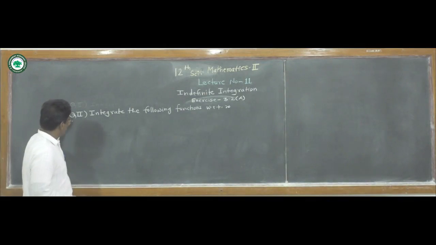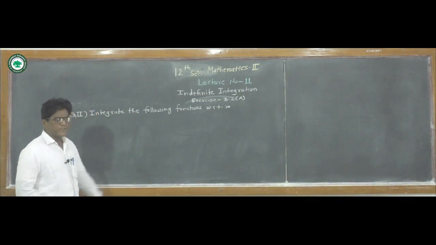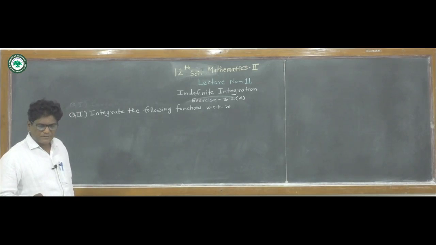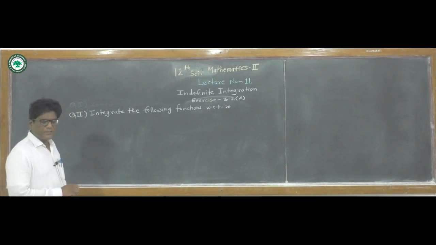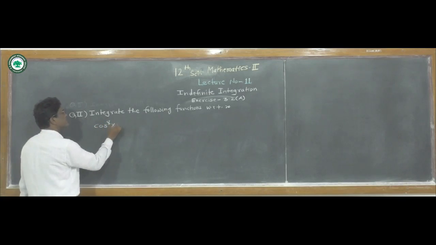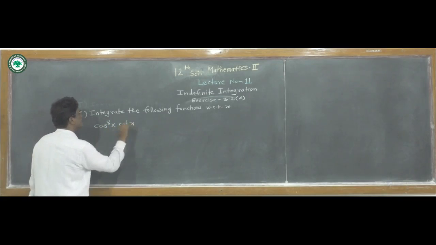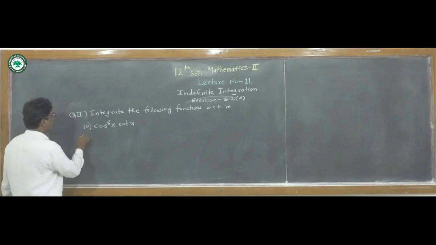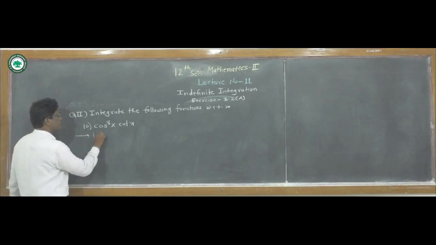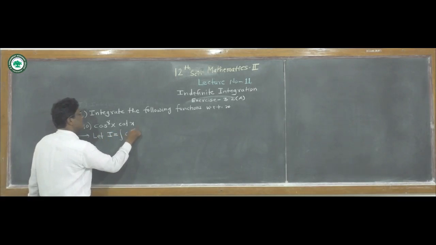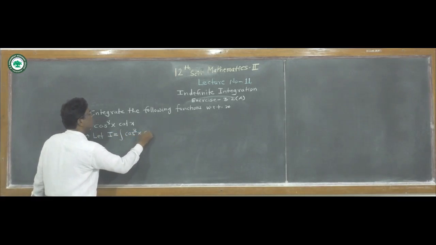So the question is: integrate the following functions with respect to x, and here the 10th problem is cos^8 x into cot x. This is the 10th problem. Now call this as I. So let I is equal to integration of cos^8 x into cot x